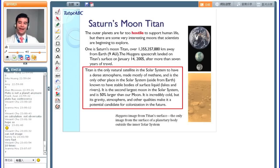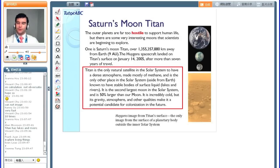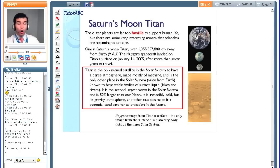It says that it has lakes and rivers. This Titan, this moon, has lakes and rivers. 有湖有河. Can everyone still hear me? 大家还是听得到我的声音吗？Okay, very good. So this is the only other place in the universe that has lakes and rivers. And just like Frank said,